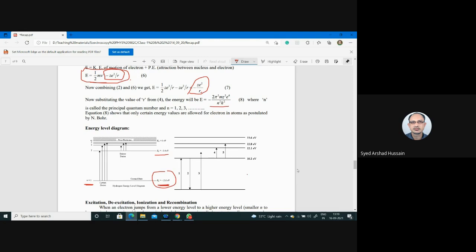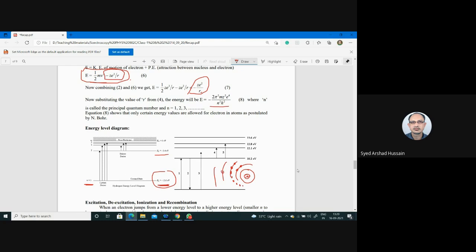Say this is your nucleus plus, then first orbit, second orbit, third orbit, fourth orbit. Electrons are confined. Like if it is a hydrogen atom, that means one positive charge here, then one electron here. If say lithium, Z is 3, so 3 positive charge here, so there will be 2, then 1. This is lithium. If sodium, say 11, then 2, then you have 8, then you have 1. In this way, electrons are distributed.